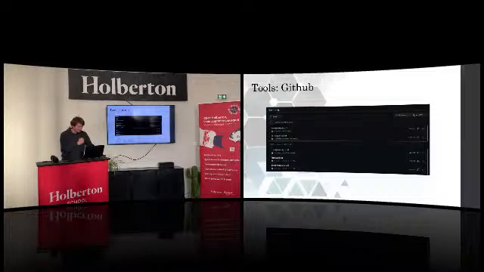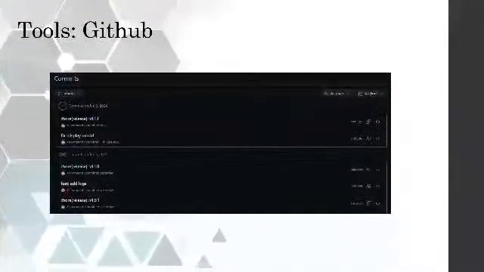The tool I use is obviously GitHub to store my code, with conventional commits: one commit to push my update, and one commit to update the version of the application.